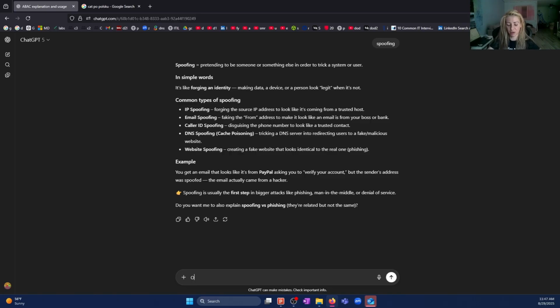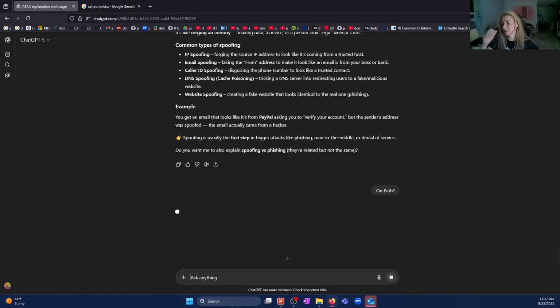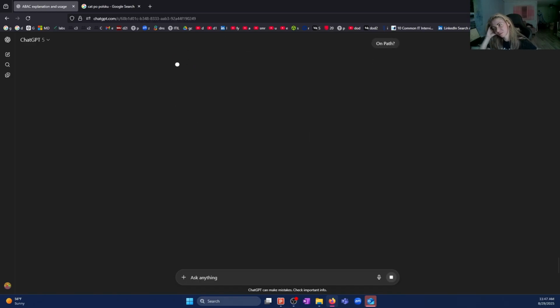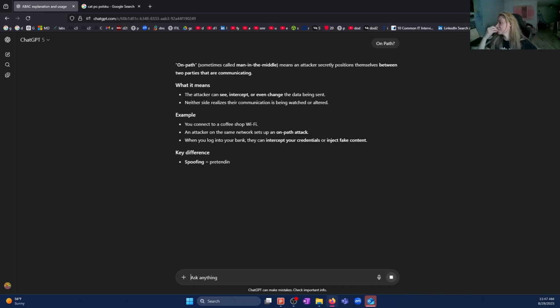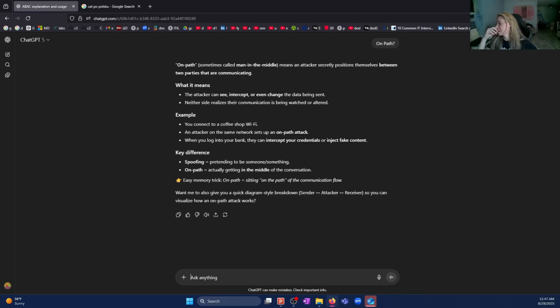What about on-path? It's like man in the middle? The attacker can see, intercept, or even change the data, and impersonate, right? I would say on-path. Man in the middle is on-path.